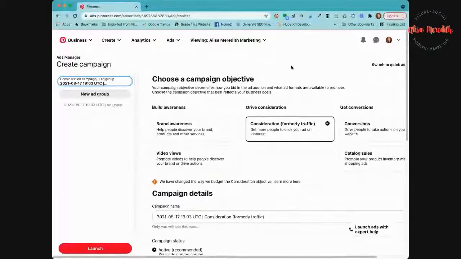So that's not great, but consideration or traffic ad campaigns are still what I would start with as a new user, because you have a little more control over what's going on. You're going to see your results a little bit faster than some of the other types of ads. Now, we can show the other types of ads another day if you're interested, but for today, we're going to start with